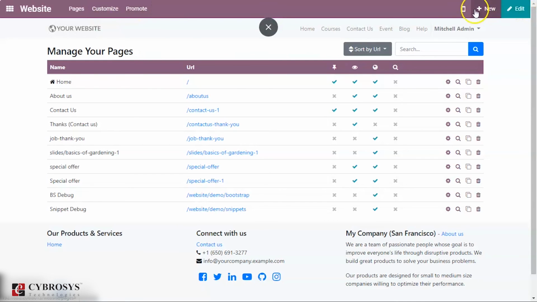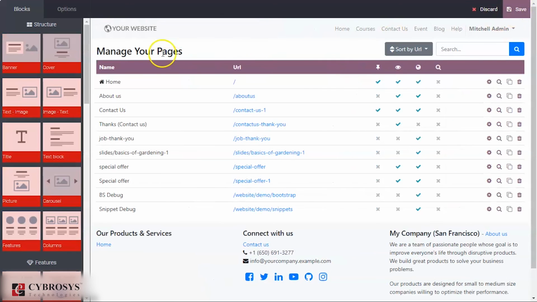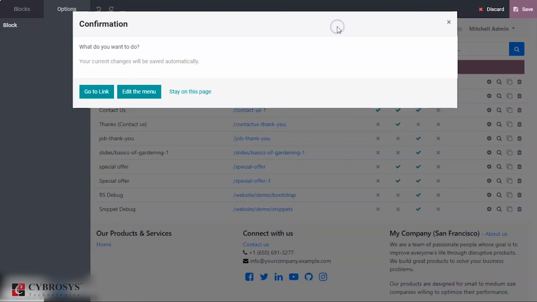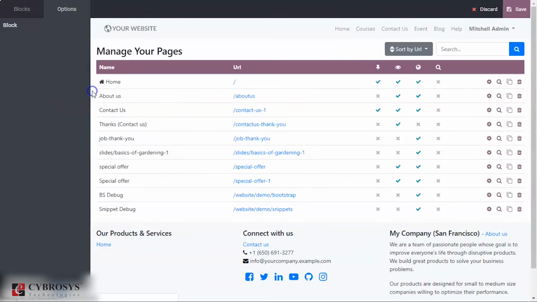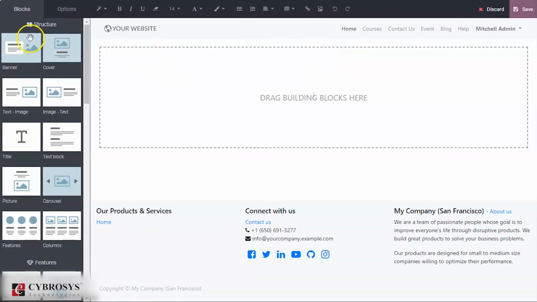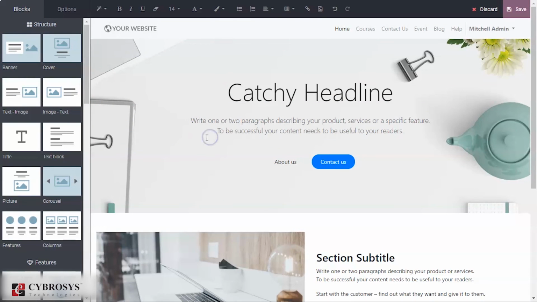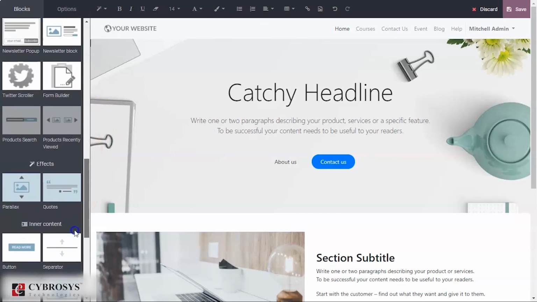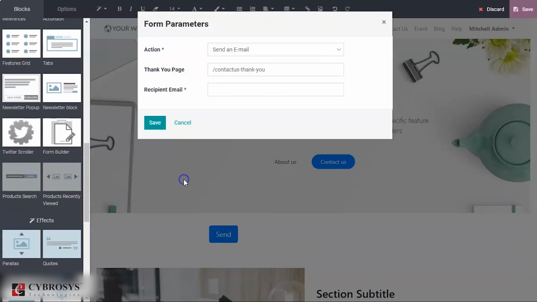Now if you click, you can see edit menu. If you click this one, you can add some options to our website. Okay, I'm just editing this. You can see the structure. You can add some cover, image and many things, and you can add form builder where some questions or queries can be asked.